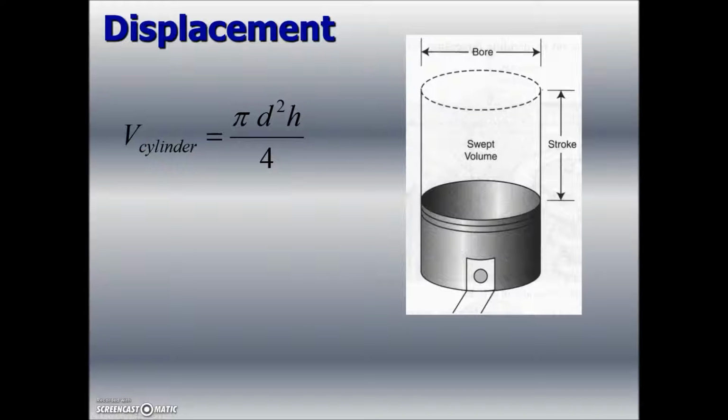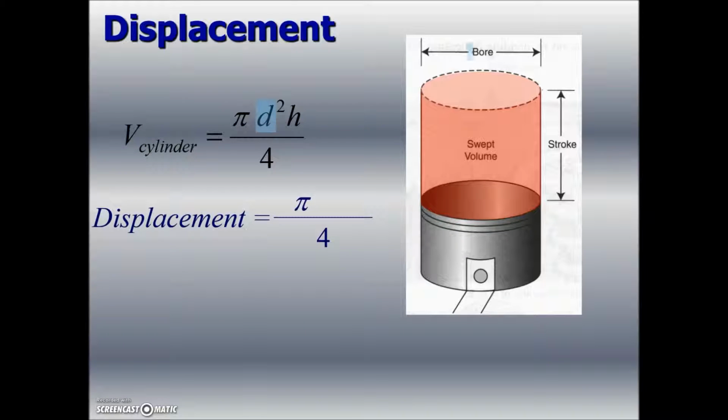So the volume of this stroke for this cylinder, the swept volume, is going to be pi times the diameter or bore length squared times the height, which in car mechanics is referred to as the stroke, and divide by